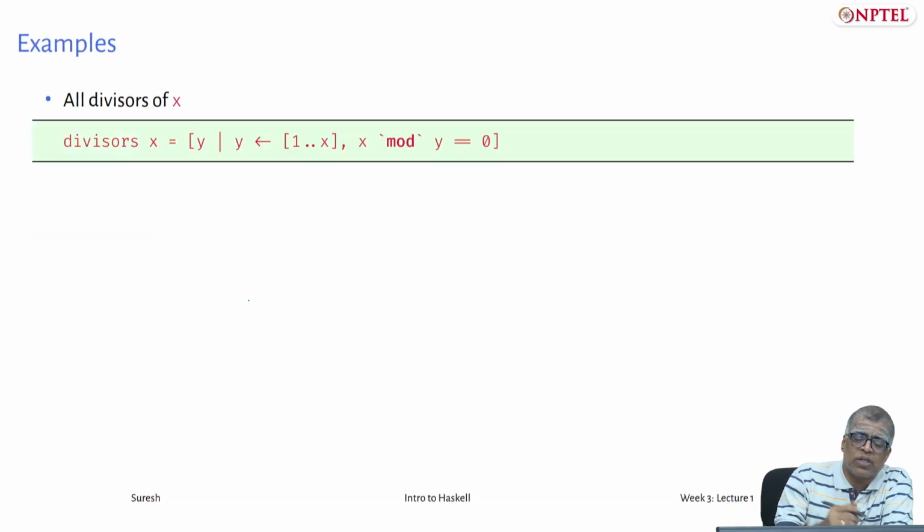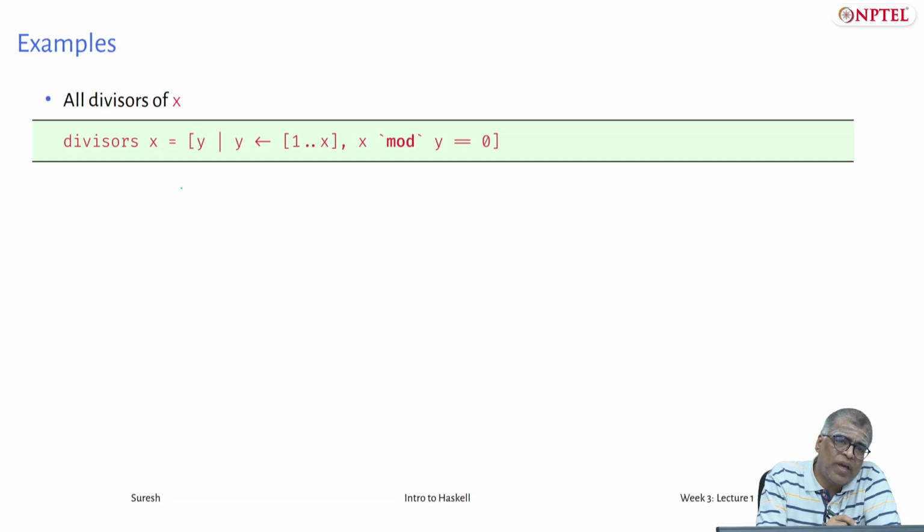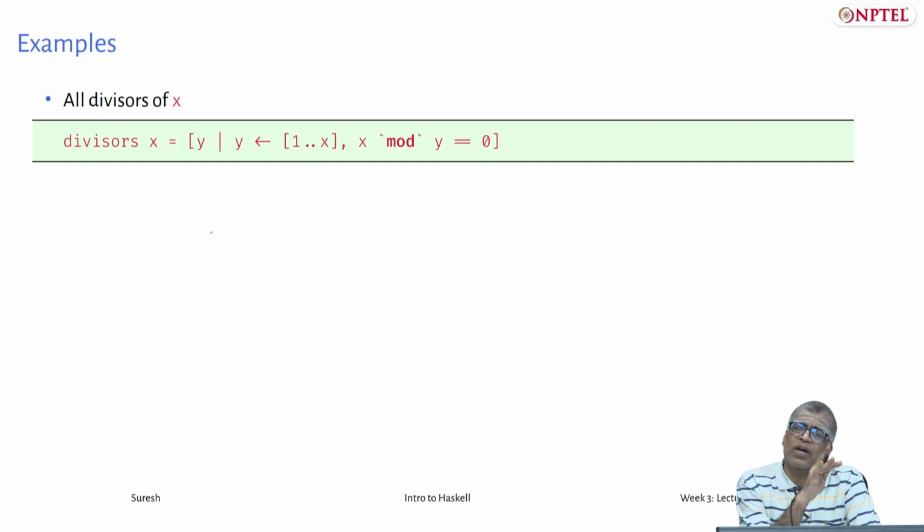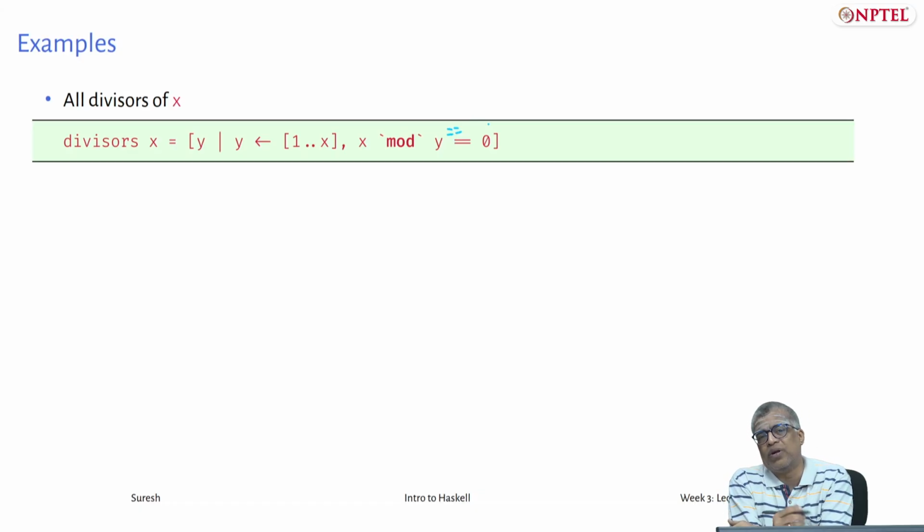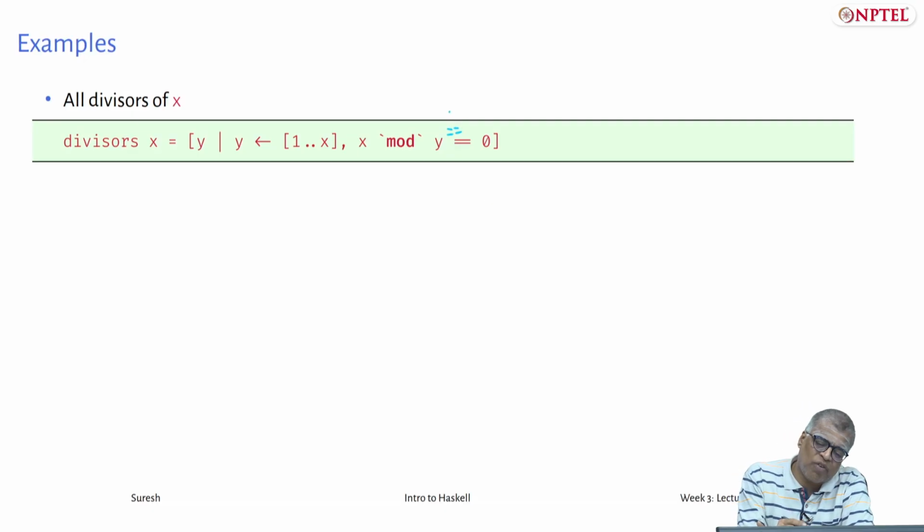So, for instance, you can compute all the divisors of x in a simple manner like this. Divisors of x is nothing but y such that y comes from 1 to x. Let us say you want to only consider the positive divisors of x: y comes from 1 to x, such that x mod y equals 0. Once again, for the slides I am using a special font, but this long equal sign is actually just equal to. If you were to type it on your keyboard with whatever system you are using, it will just be equal to, but the special font is making it a long equal to.